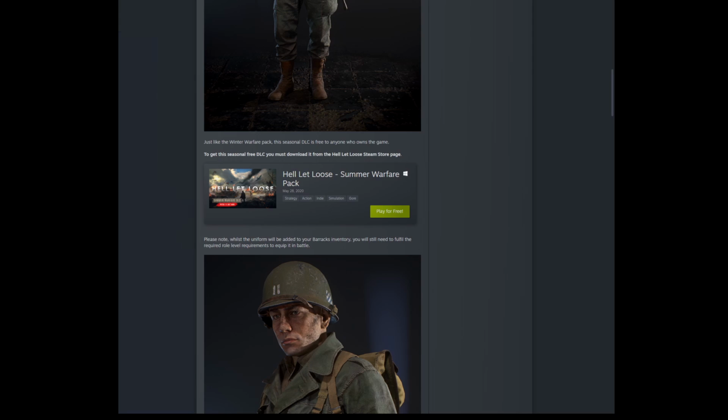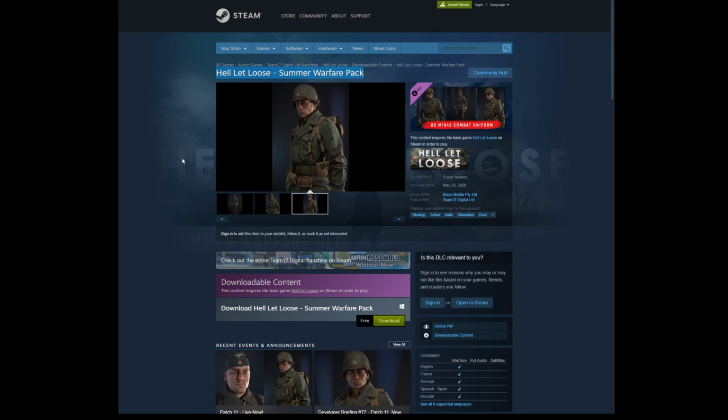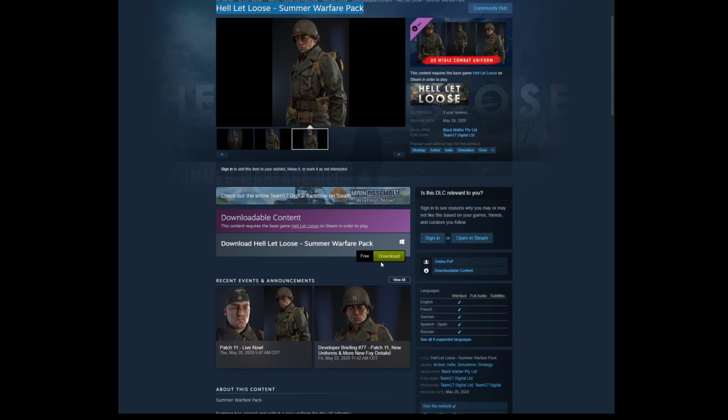When you click on this, it will open up into your typical Steam DLC page. Once you're here, all you have to do is click on the download link right here, go into game, make sure it is in your character's barracks account. It is going to be in between some of the uniforms. I believe it's level 7 or 9 you unlock this on infantry,